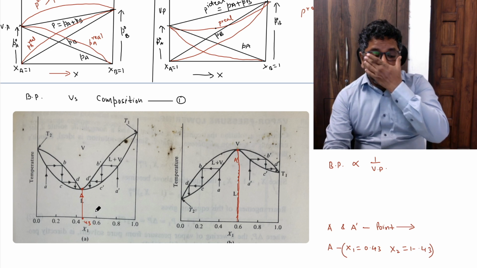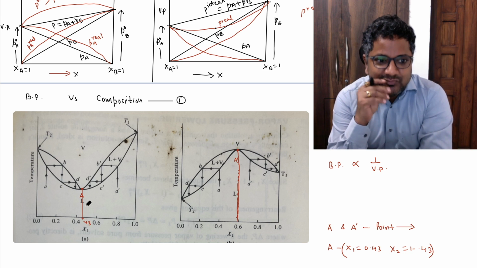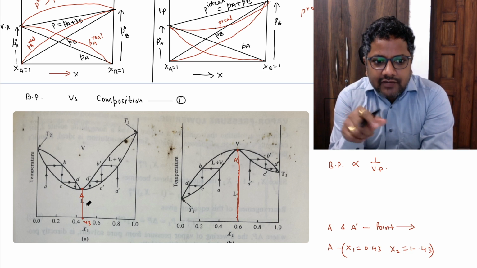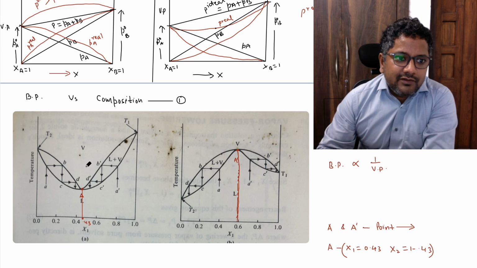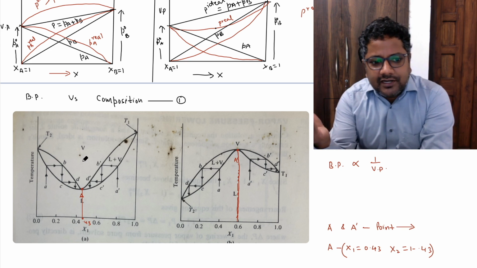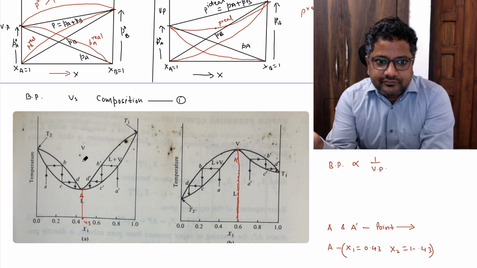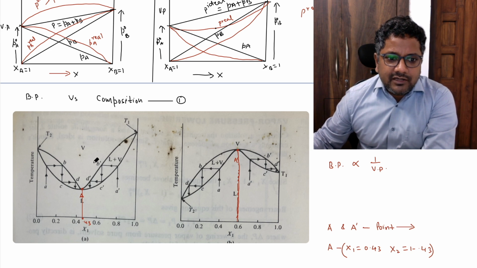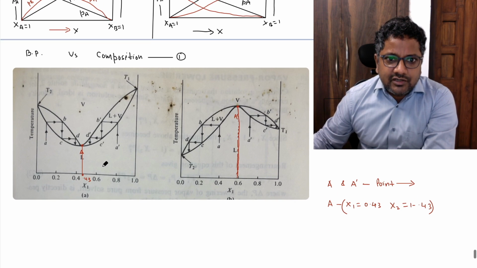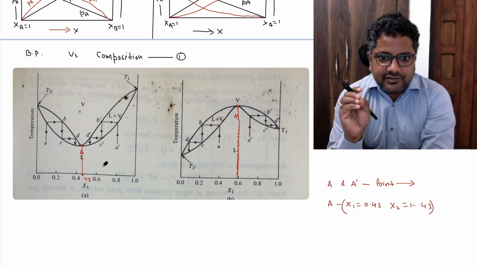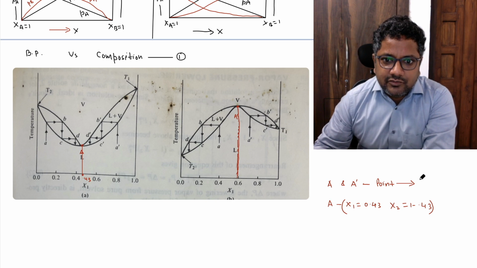What is the meaning of this? The meaning is that the composition of liquid phase and vapor phase is the same, because liquid and vapors are merged together. But beyond this point, if you take any point, the liquid composition is different from the vapor composition. All of you are getting my point or not? So azeotropic point or azeotropic mixture is unique for a given pair of volatile liquids, right? So this point is unique